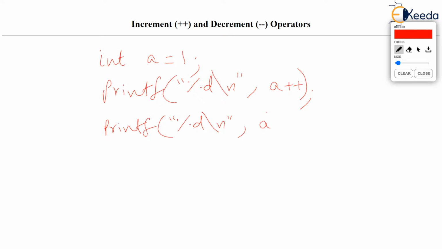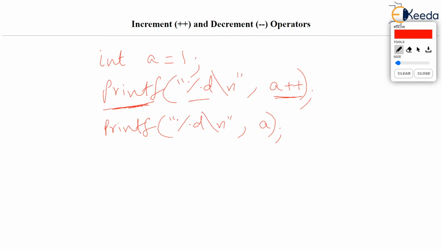Now our area of interest should be this printf where we have given a plus plus to be printed in percent %d format. Just check this printf. We are printing value of a plus plus. Now how is this printf going to work is, if you imagine that we ask printf to print the value of a plus plus.